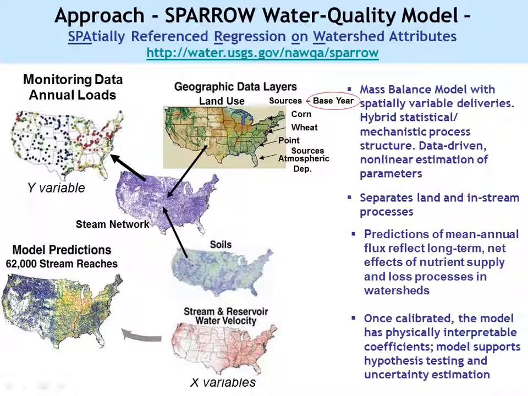The pluses are that if we're looking at the entire U.S., we're looking at sort of an average condition. So we don't have a storm coming through that might drive a part of the basin to contribute more than the average. This really represents that long-term average, and we can figure out what's going on, on average.